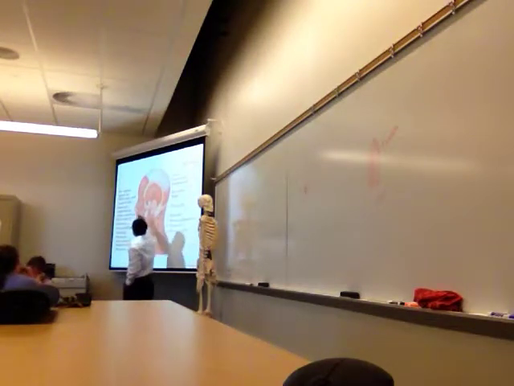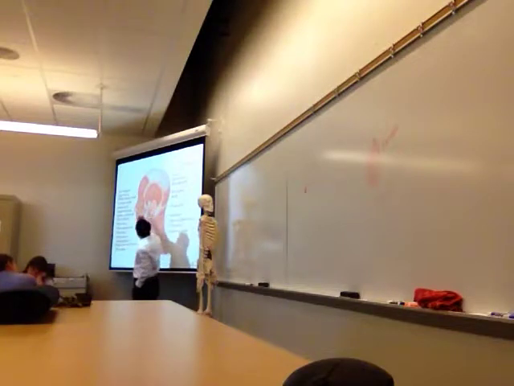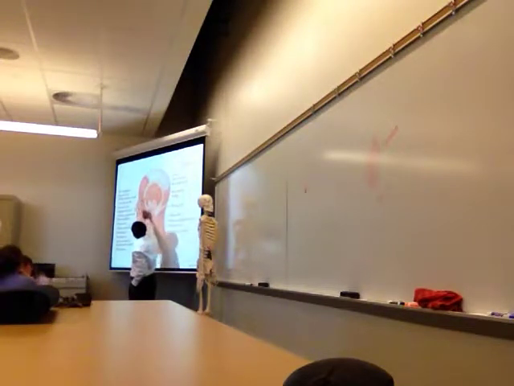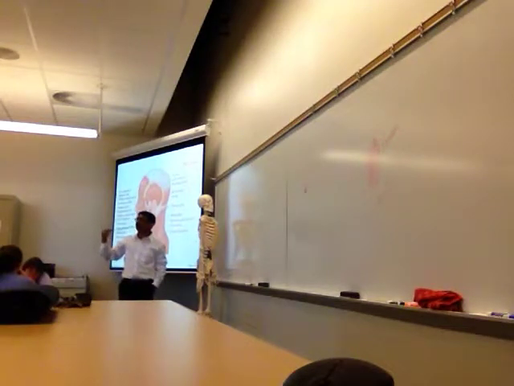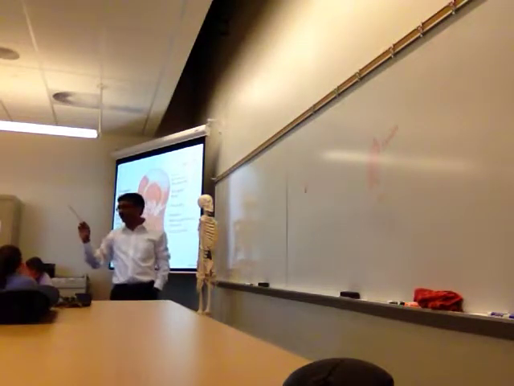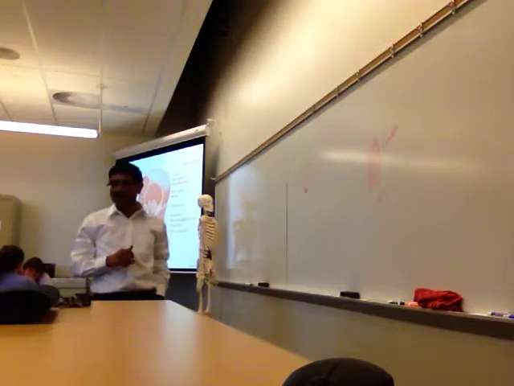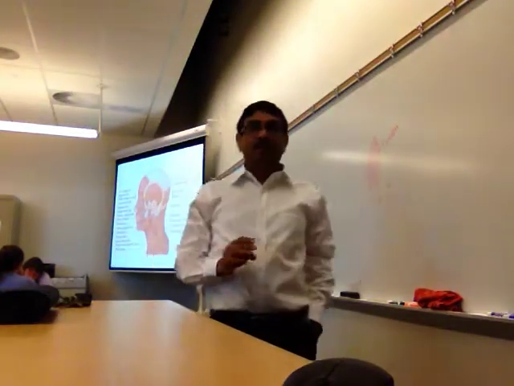So orbicularis muscles are round or circular muscles. We have talked about that. This is the orbicularis oculi. This is the orbicularis oris. Oris means around your mouth. So orbicularis means round or circular muscle. Then